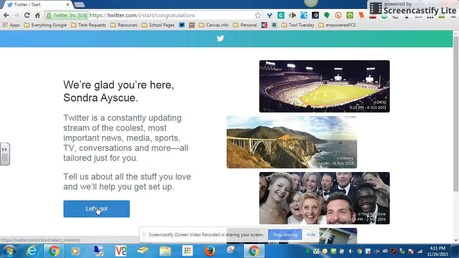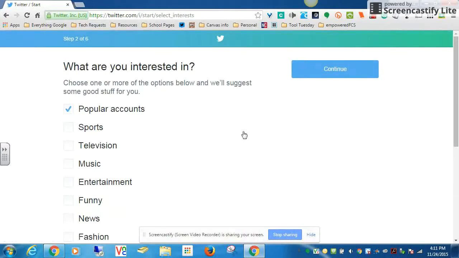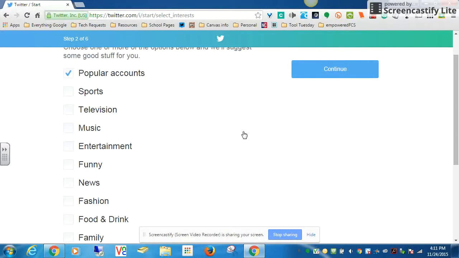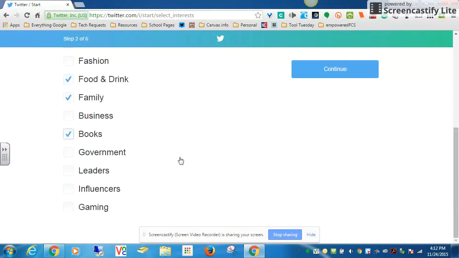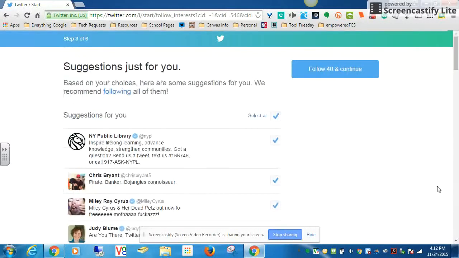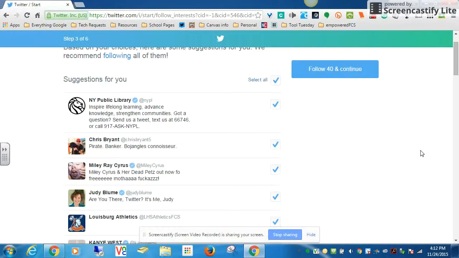Now, at this point, they're trying to figure out what kind of things you would like to see in your Twitter feed because Twitter will make suggestions for things. So I'm just going to go through here and click a couple of choices. And click continue. At this point, they're trying to suggest people that I may know based on those choices that